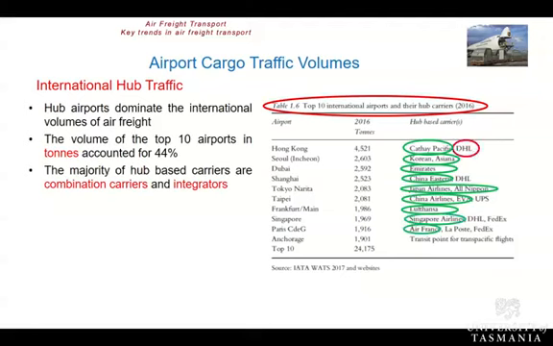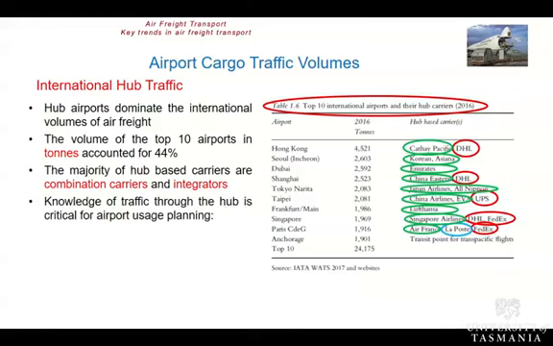They're the combination carriers. Integrators, you can see Hong Kong, DHL has got its hub there. DHL has a hub at Shanghai. UPS have got a hub. DHL and FedEx. So what makes these hubs work is having that mix of airlines operating out of that hub. And probably the only one that stands out as a little bit unique in that mix is La Poste. La Poste is actually a post office, but they have a hub located at Charles de Gaulle in France. It's a French post office, as you probably gathered.